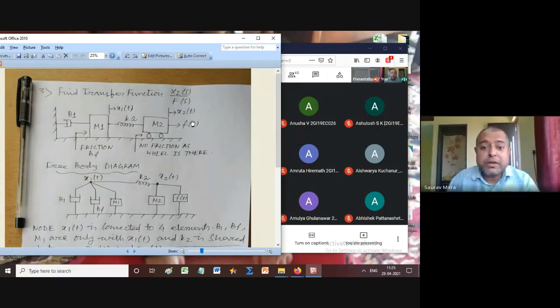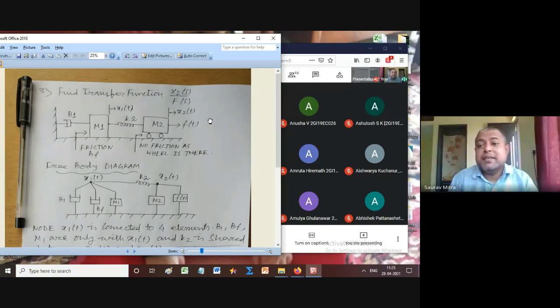In the book also you will find that the difficulty level is increased gradually. First we saw the simple MBK circuit, then the MBK circuit with wheel and without wheel. The MBK circuit we saw the previous day. Today we saw the first MBK circuit, the same circuit either in hanging or horizontal position. In the horizontal position, the mass is connected with a wheel, so there is no friction. That was the first numerical.